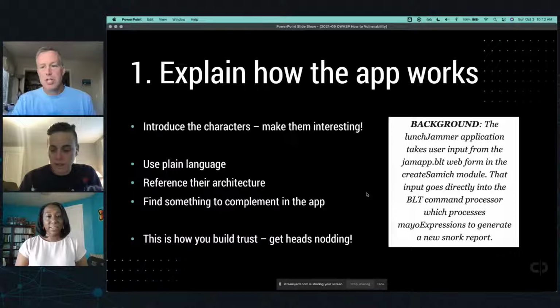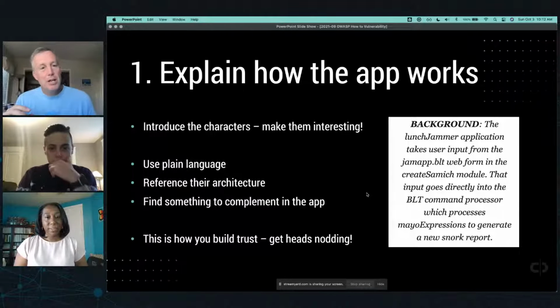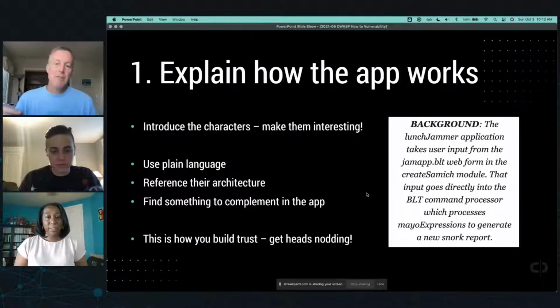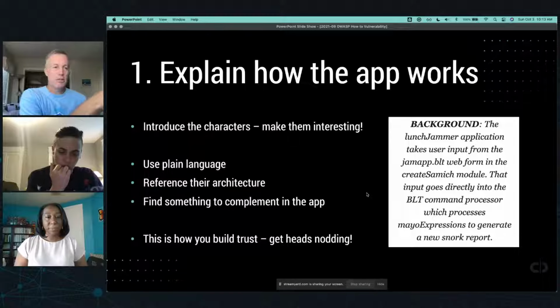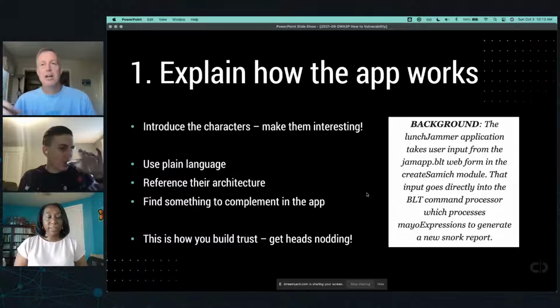So the first thing that you need to do is explain to them how the app works. Now, they're the developers, so they probably already know how the app works. Actually, in a lot of cases, that may not be true, depending on who you're talking to. But by telling them how their own application works, you're building trust. This is kind of how I think about introducing the main characters of your story, right? You spend a little time at the beginning of the movie talking about what the application is, what it does, how the input flows from the rich API client into the API code,